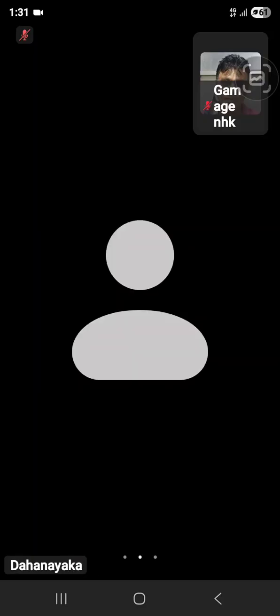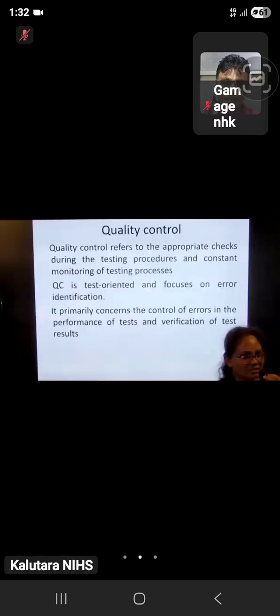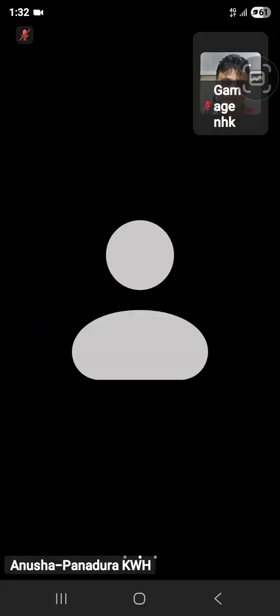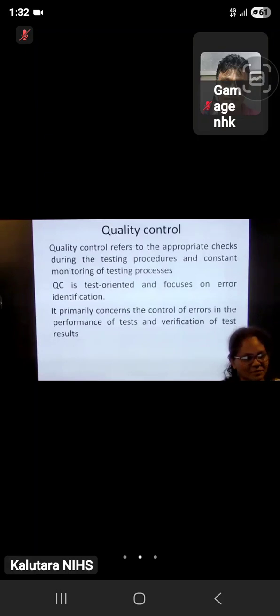When you do the test, you do the quality control. How do you do it? You take the control strains as a positive control. What can you take as a positive control for the catalase test? What is the organism? These are known as reference cultures. What can you use as a positive control for the catalase test? Staphylococcus, yes. Then for the negative control, Streptococcus.